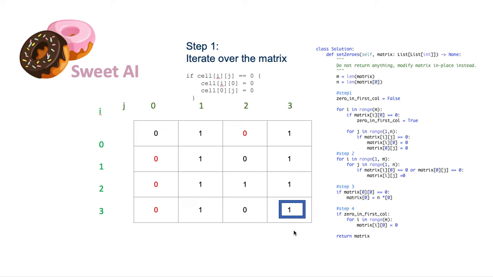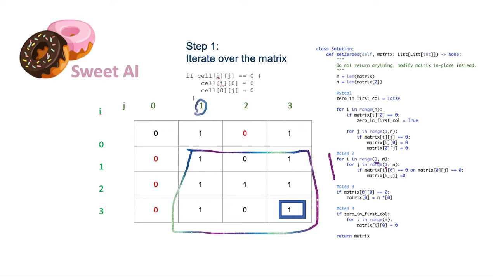Okay, and there we go, we are done with the first step, and now we are going to the second step. For the second step, as I mentioned, we are going to iterate over this part of the matrix only, and we are going to use these markers to see if we need to set that element in that cell equal to 0. So as you see, we are going to start from index 1 here, and from index 1 here, and we are going to check if any of these are equal to 0,